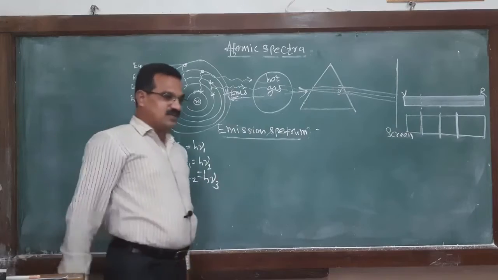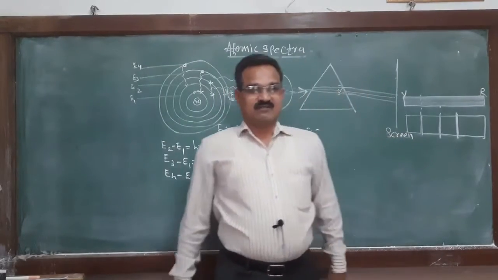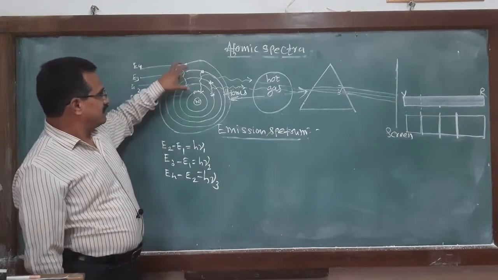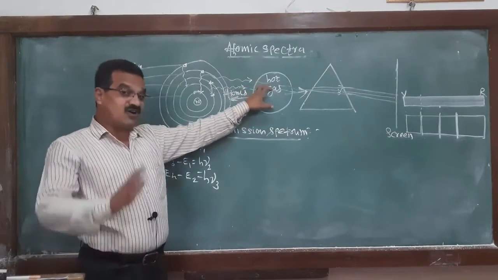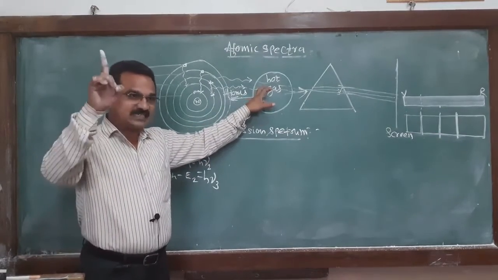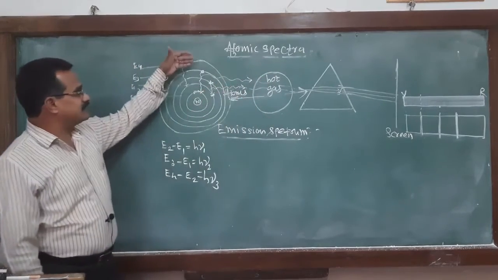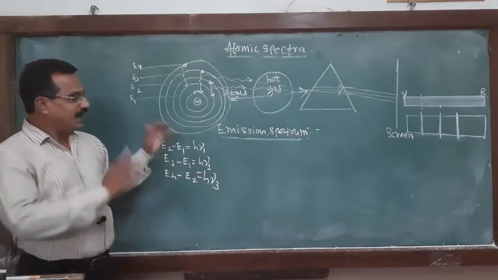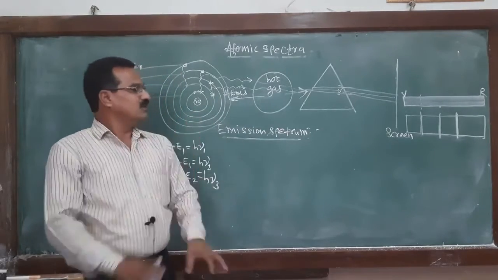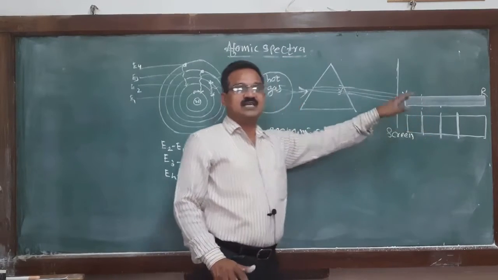This is actually the situation of the emission spectrum. It means that an emission spectrum is obtained when a gas is already excited, and whenever de-excitation of that gas, or atoms, or we may call it the electron, takes place, it emits radiation, and due to that radiation we get spectrum lines. That spectrum we call the emission spectrum.